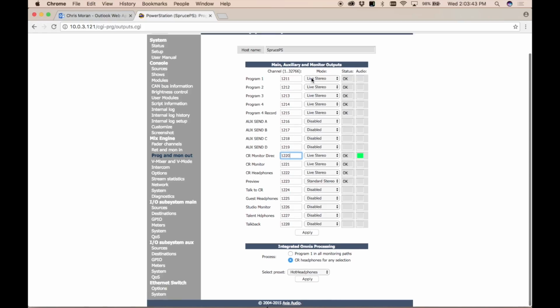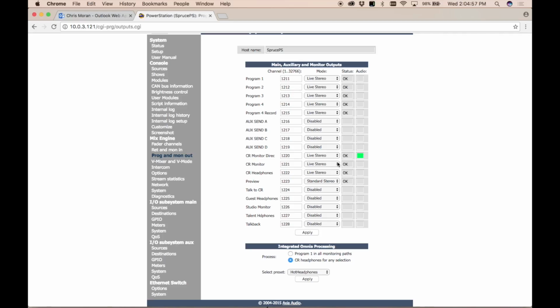This is also where you would turn on or off these various program buses and whether they would be live or standard stereo. A word of advice would be the live stereo versus standard stereo. Live stereo is ultra low latency, so things that operators will be monitoring in headphones while they're talking or in other absolutely time-sensitive applications. Like in our case, this is a radio for television studio, meaning that lip synchronization with audio is critical. So buses and sources that need to be perfectly time-aligned, we use live stereo for. So that would be like microphones, program buses,